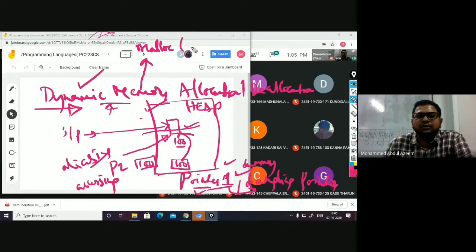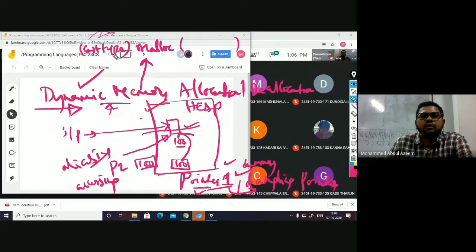If you look at the syntax of malloc, you can find the cast type before it, and malloc followed by the size of the memory that you want.